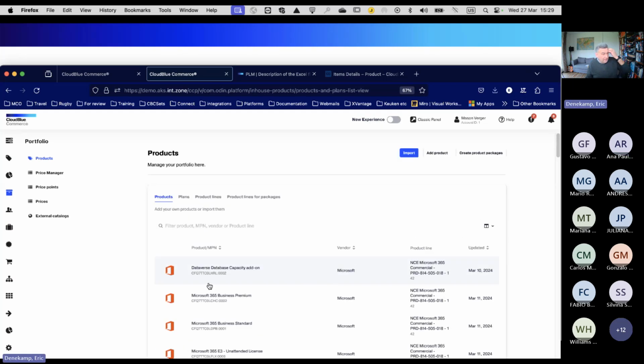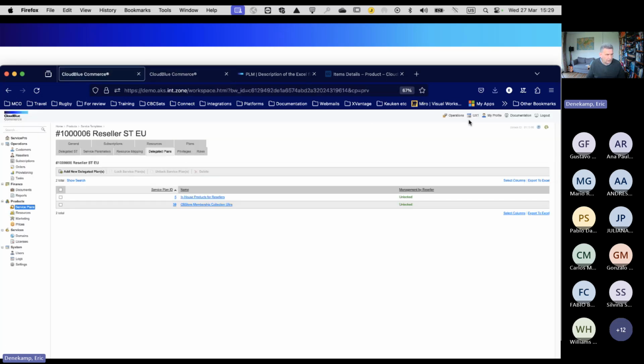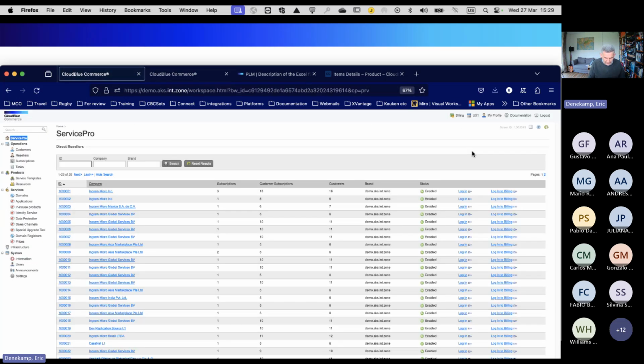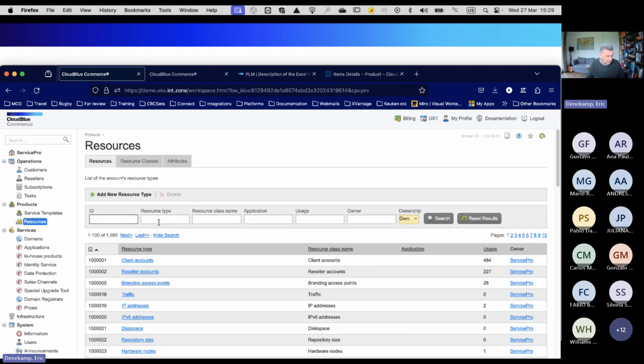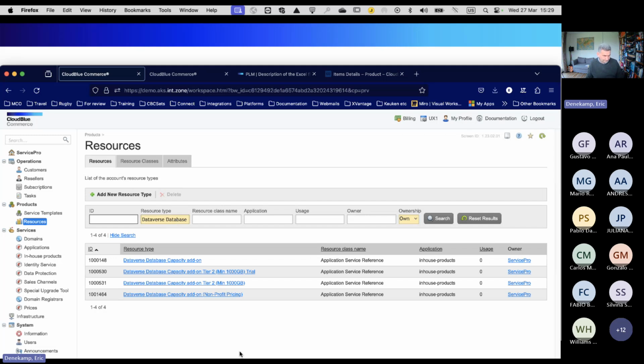Yeah, we have a product here called Dataverse, whatever. So let me search for this one. So I copied that option. If I go to operations, and let's go for 0 again. I go to resources, and I'm going to search for this one. There we are. In this case, we're talking about this item.